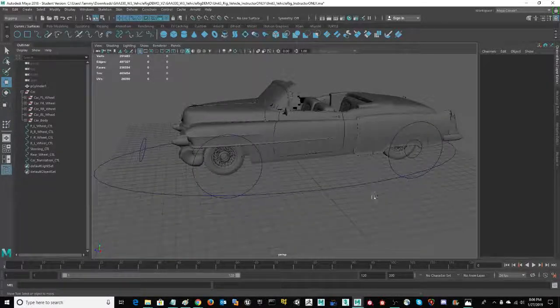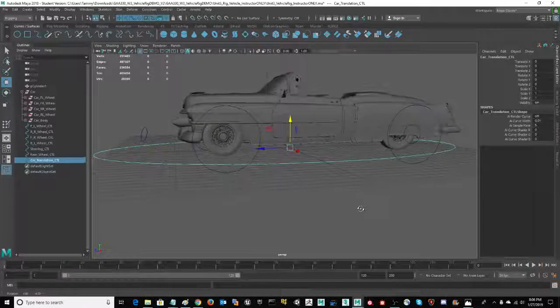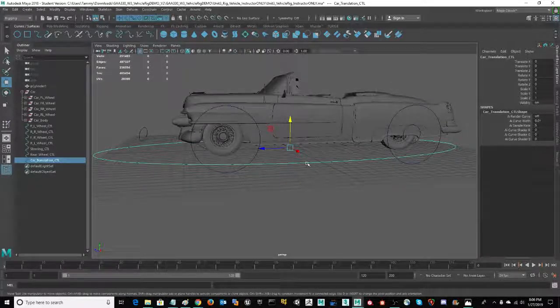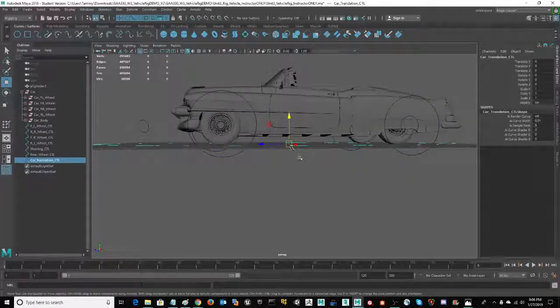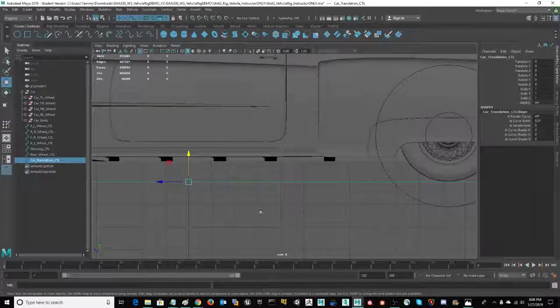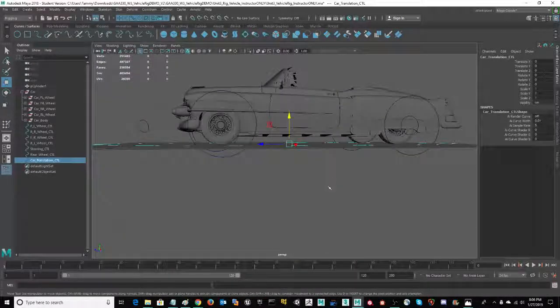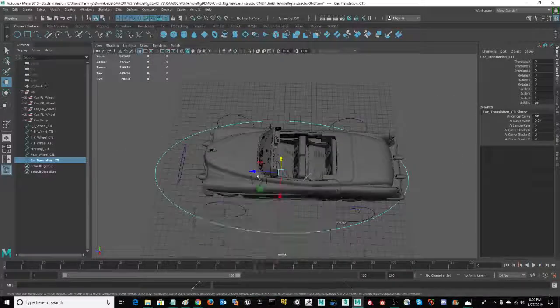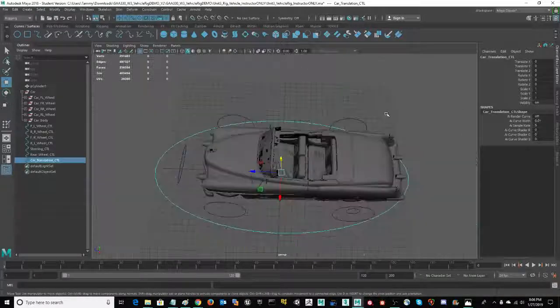All right, now the translation node is the node that is used by the programmers to drive your vehicle around the level. So it should be at the ground plane. You can see in my side view that it most certainly is sitting right on the ground plane, the grid. And what I like to do is make sure that it also encompasses the vehicle and all of the other handles that are used for rigging the vehicle. With that